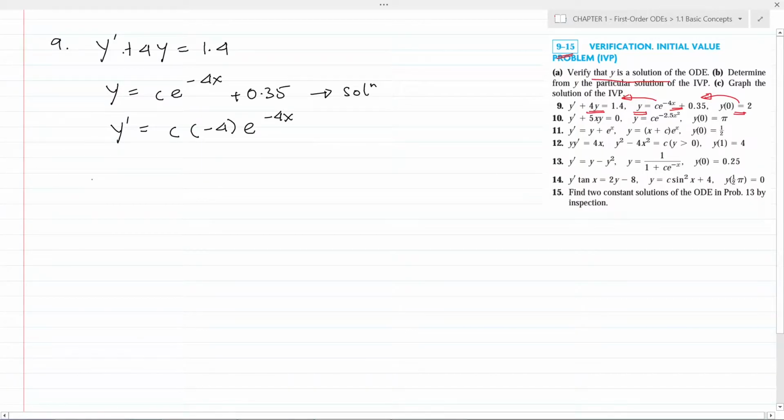So in the original equation, in place of y' we place c multiplied by -4 e^(-4x), plus 4 multiplied by y, which is c e^(-4x) + 0.35,